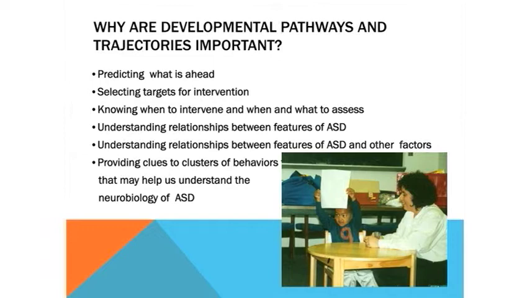And these parents 20 years ago were pretty brave to take on the possibility that their kids had diagnoses of autism at age 2. But what we're trying to do is, at least from their example, look at what can we tell from 2 to 5 to 9 about what a child is going to be like as a young adult at 19. We also want to use this information to select targets for intervention.